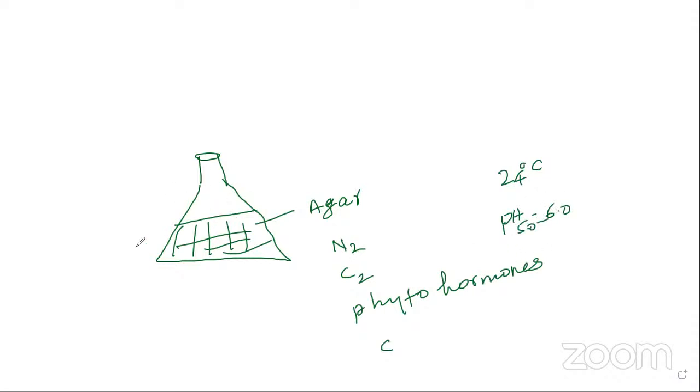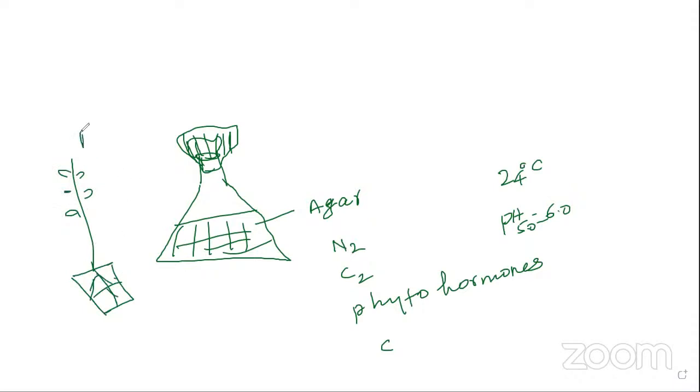So after that, what happened? It must be under sterile conditions only, completely closed with the cotton plug. Okay, these are the cotton plugs. Already you know there is an explant. Just imagine there's an explant also present in it. Whatever the plant may be, any plant, you can take as an example.